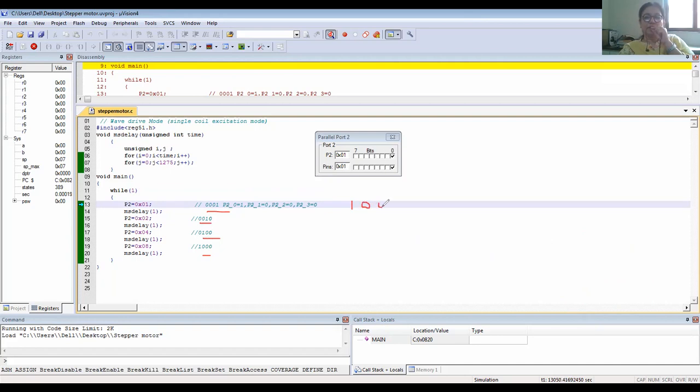Instead of 0001, it will be 1000. The second pattern will be 0100. The third pattern will be 0010, and the last pattern will be 0001. With this pattern, the motor will move in the anti-clockwise direction with the same concept. So this direction will be anti-clockwise.